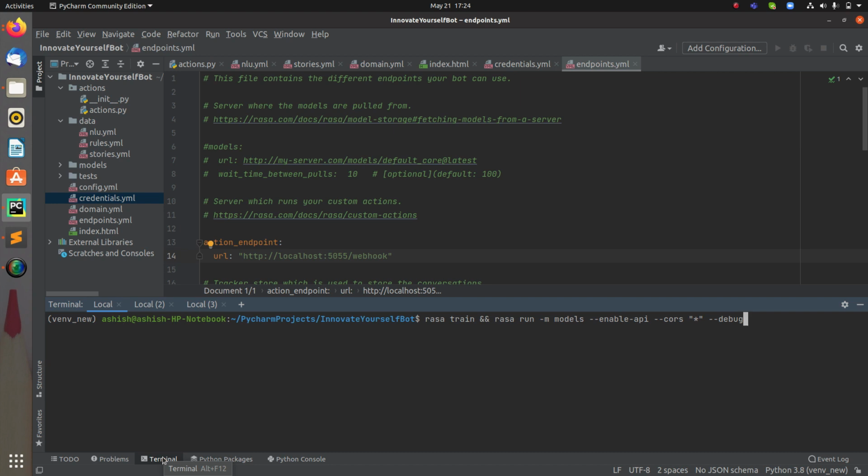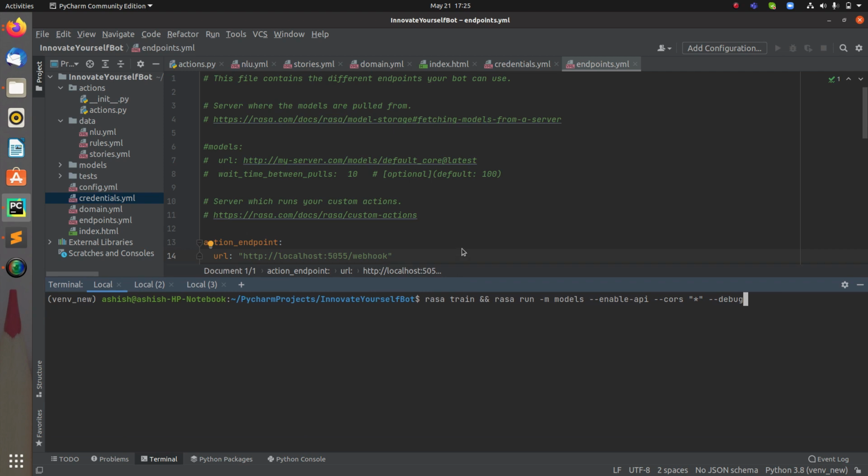WordPress website. And one more thing that we need to notice over here, or let's say one more important thing that we have to focus on, is that your Rasa chatbot should be HTTPS. So I just want to make it a completely secure one, and right now I don't have the Rasa chatbot set up onto some website, or let's say onto some server. So in that case I am using ngrok so that I can get the HTTPS link for that, and accordingly I can link it to my index.html, or let's say to my WordPress website where I'm going to inject my script. So this is what I'm going to show you right now.